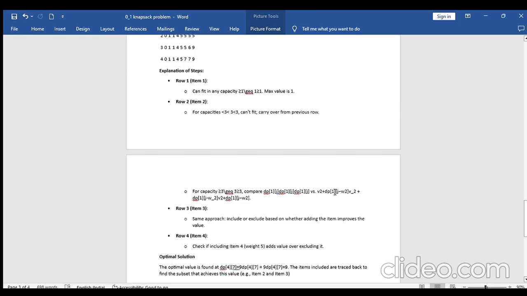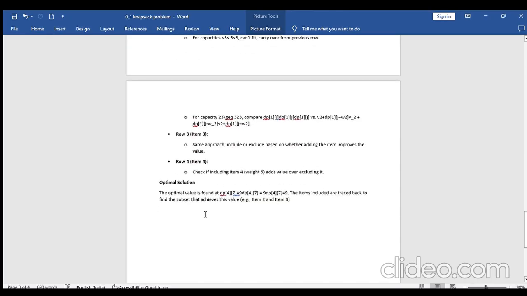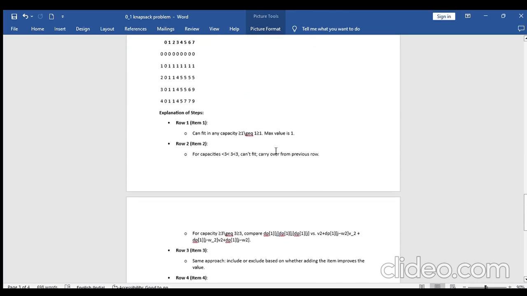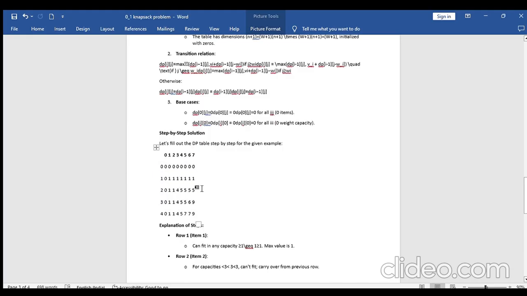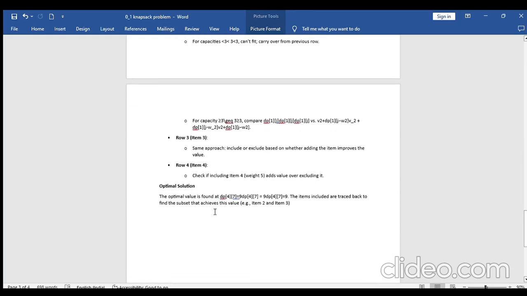So the same approach will be followed to include or exclude based on whether adding the item improves the value. The table will be completed by recursively comparing the items and adding them together,